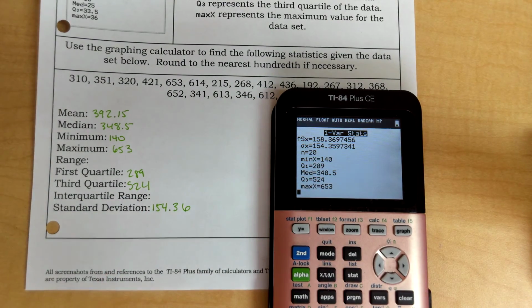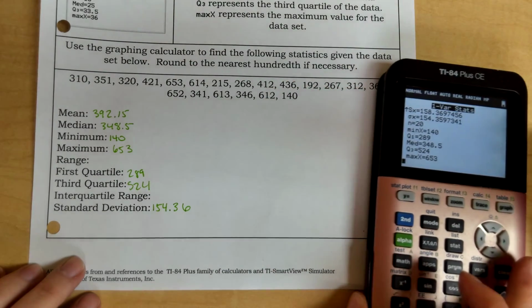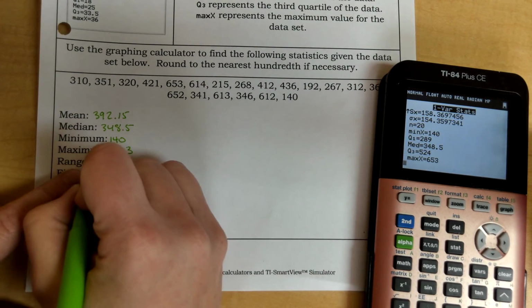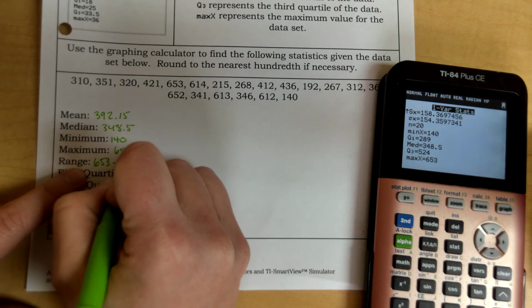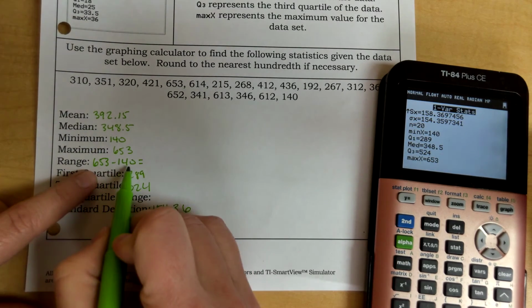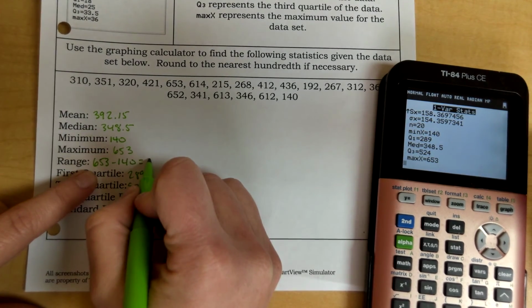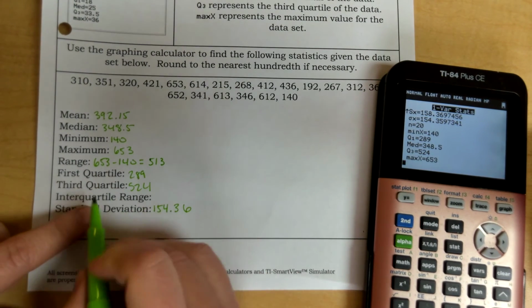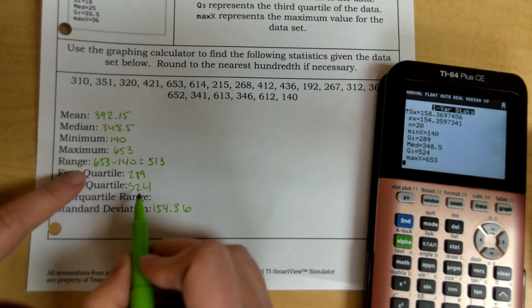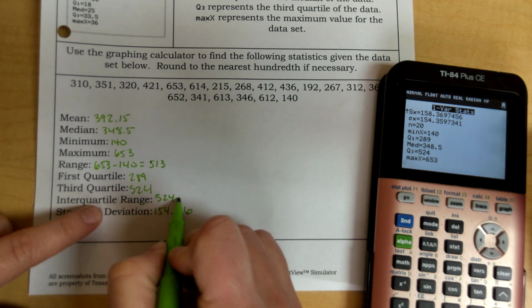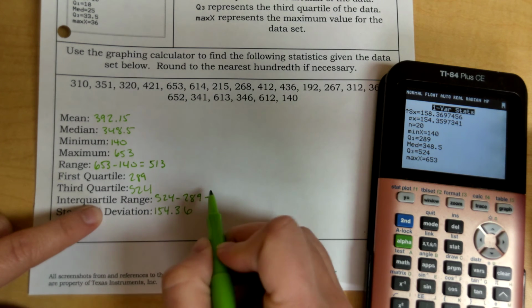Okay, alright, now I do need to go back and complete the range. So remember that the range is the maximum minus the minimum, so in this case 653 minus 140, so that's going to be 513. Okay, and the interquartile range is the third quartile minus the first quartile, so 524 minus 289 is